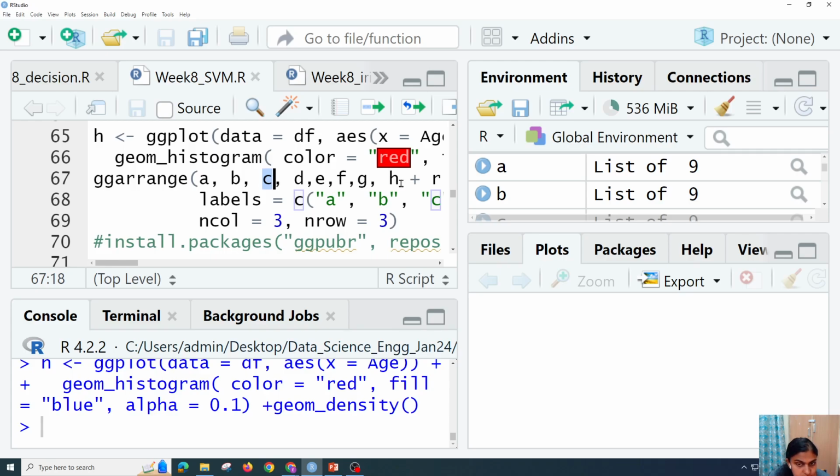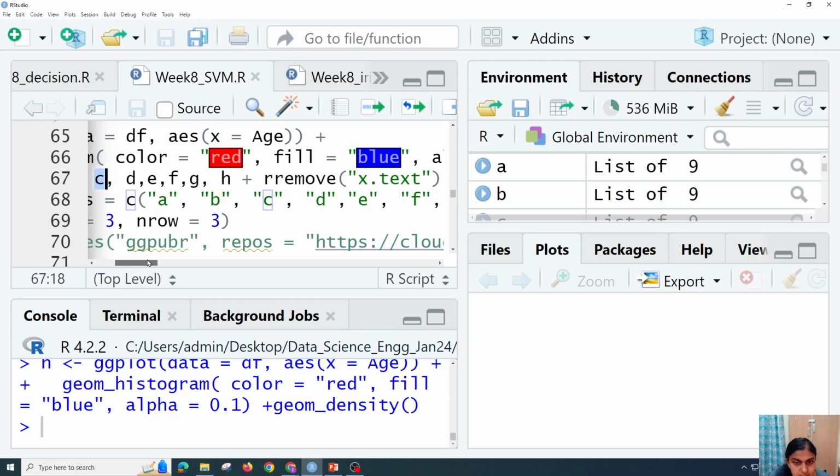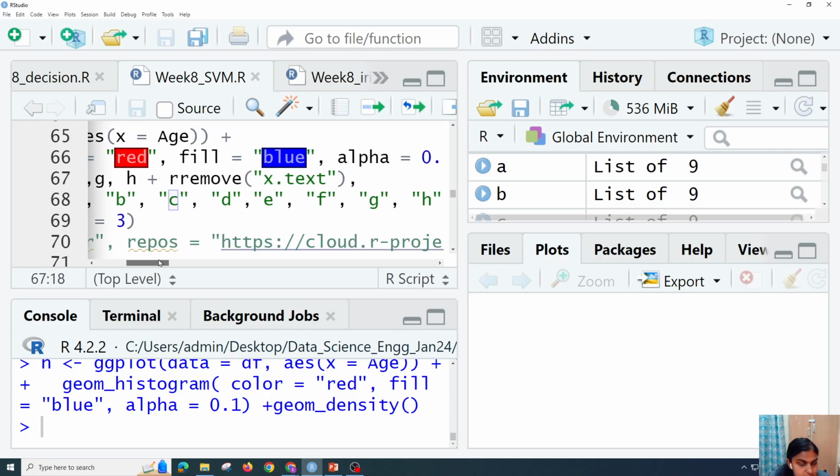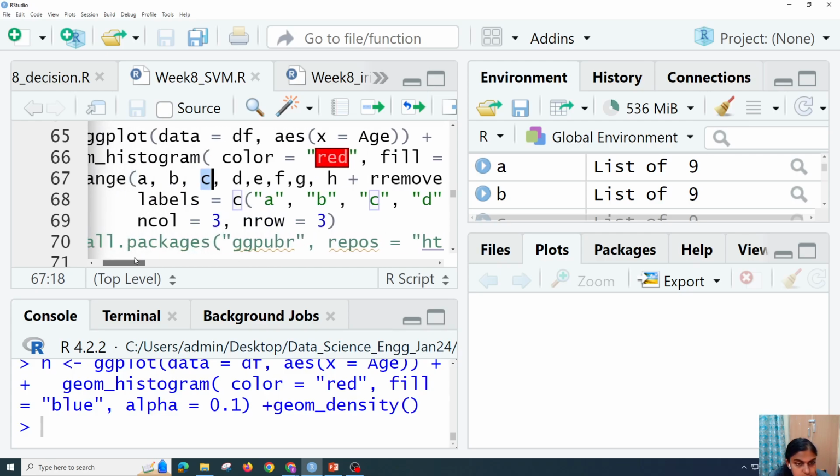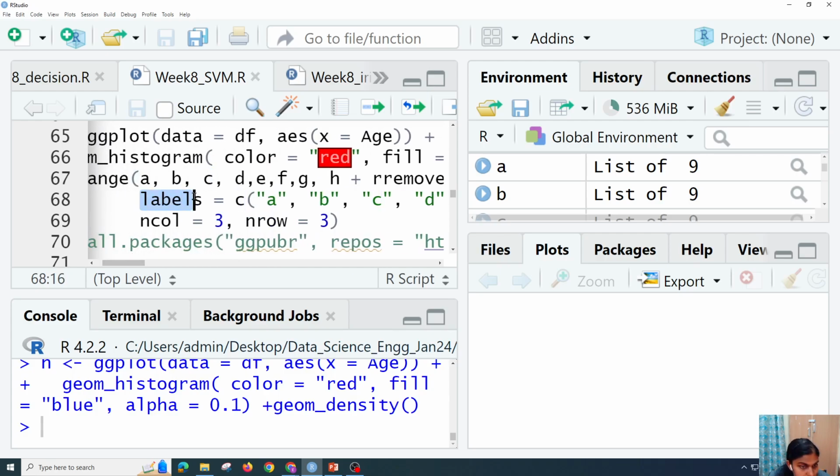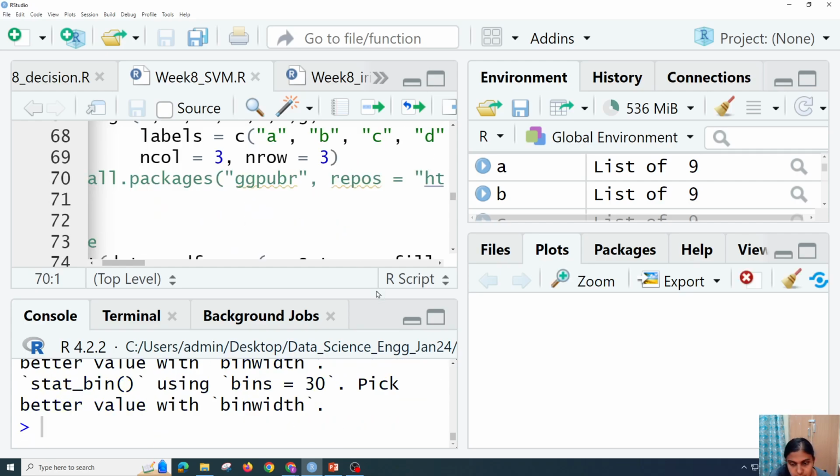Likewise everything is given, plus I'll be removing certain values, and then I'll be putting labels also, and I'm giving number of columns equal to 3 and number of rows equal to 3. That means your whole plot, anyway you are having 9 columns, right? So the 9 sets of data will be split into 3 rows and 3 columns, so that the plots can be observed. If I run this one,